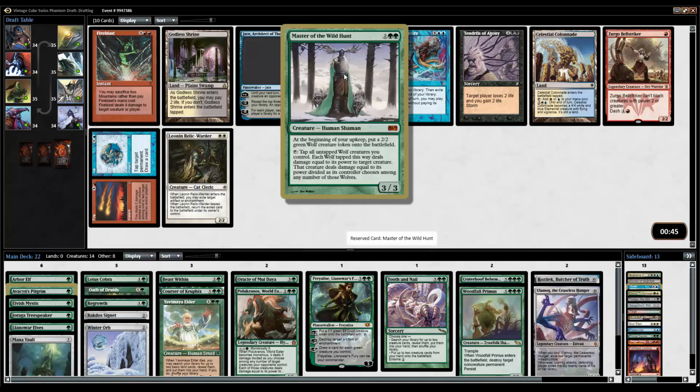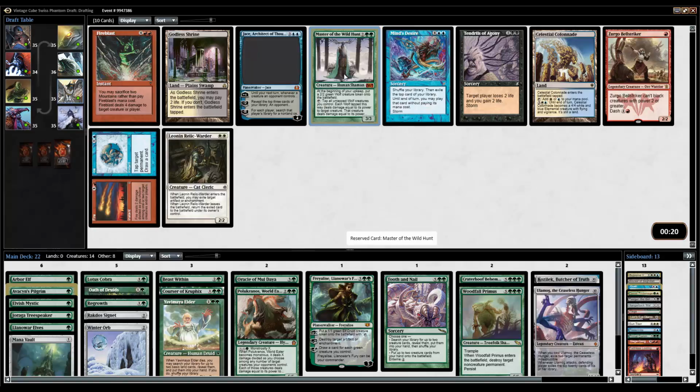Master of the Wild Hunt. 3/3. Upkeep, get a wolf. Tap all the wolves I have. Each wolf deals damage equal to its power to target creature. That creature deals damage... No, divided as its controller chooses them. Okay, so the wolves bite, and then it selectively fights however it wants those wolves. Okay. Still seems fine. I mean, we're not taking anything else here, so...